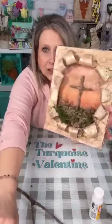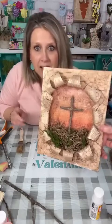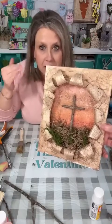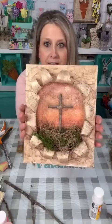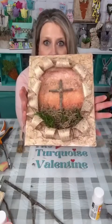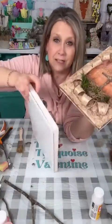So if you want to create that look, and then I waxed over the top of that. And I think that made all the difference. It's just how I envisioned it in my mind. But yes, look at that. So pretty. So here was, just when we thought this couldn't get any better,